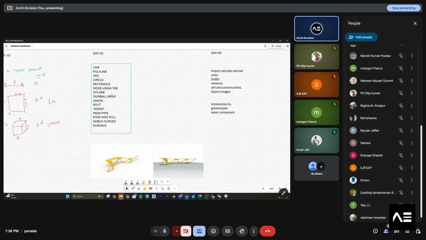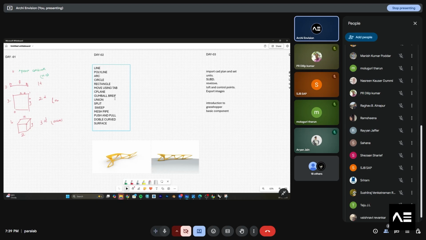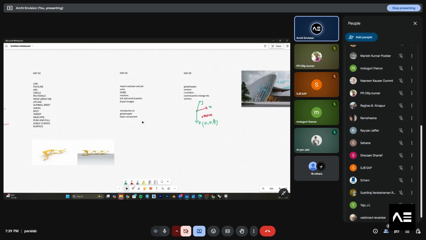Everything you are seeing over here will have the line, polyline, arc, circle, rectangle. We will see all of these in the upcoming sessions. From day 3, there is a split in the group: architects will be in one group, and product designers will be in another group.